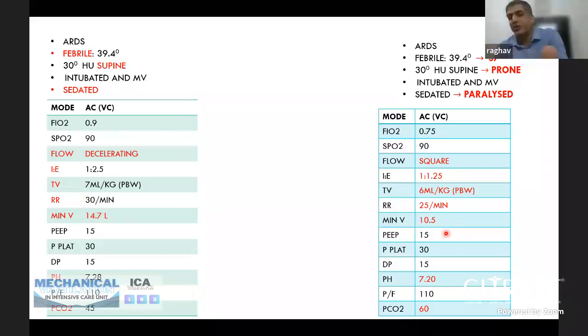Though the CO2 production was decreased by other maneuvers, still the patient's PCO2 rose from 45 to 60, and we were not bothered because permissive hypercapnia should be allowed in ARDS. A pH of 7.2 or PCO2 of 60 is not harmful, but a high mechanical power delivered to the patient is harmful. So we don't have a particular threshold for mechanical power, but with various maneuvers we can try to reduce the mechanical power delivered to a patient and thus reduce the mortality and ventilator induced lung injury.